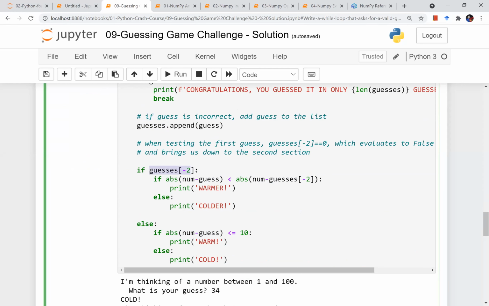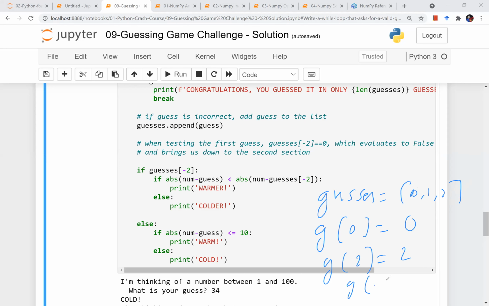What is this thing? The second last number, -2. We have seen a list, no, the last number. So I have my list of numbers, right? Suppose it has 0, 1, 2. So I can fetch, right? Say G[0] is 0, and G[2] is 2. G[-1] is also 2, because of reverse indexing. So G[-2] will always address this item, right?